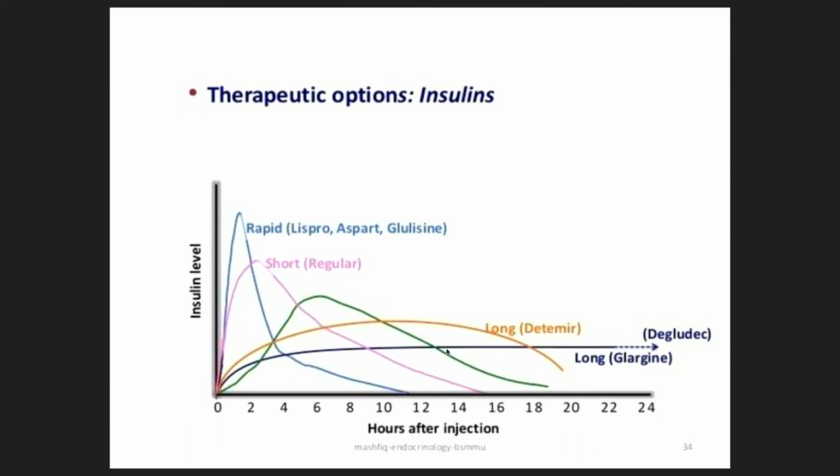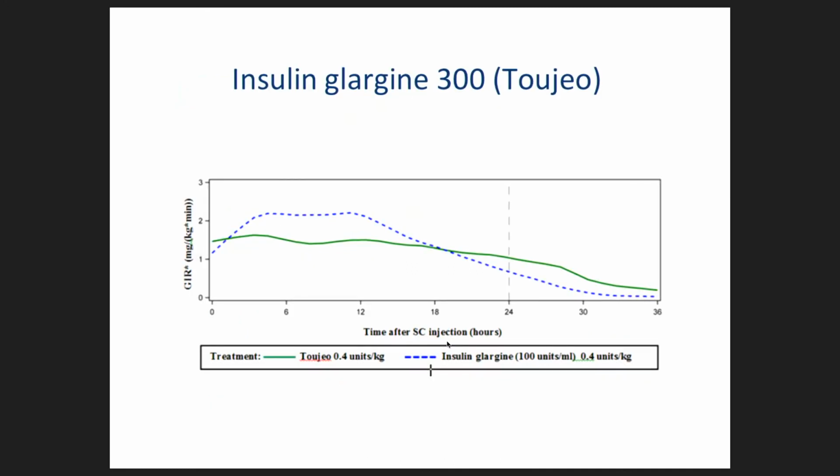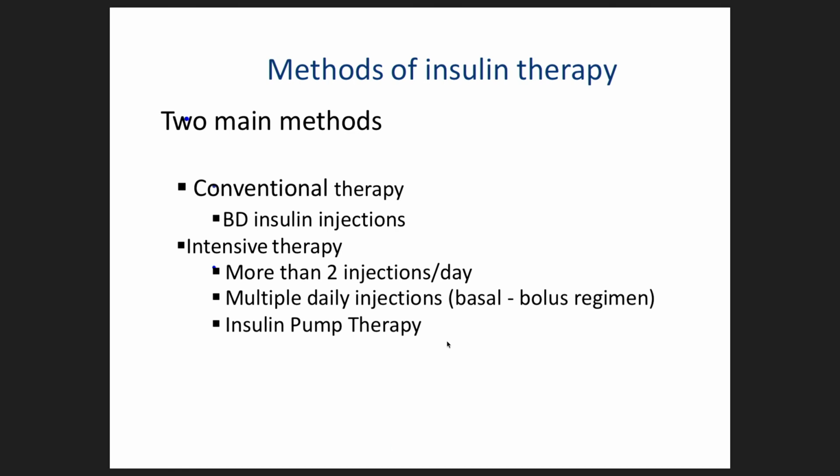And as you can see, it's a peakless insulin, so we don't need a peak for basal insulin. We need a peak for bolus insulin, but not for basal insulin, and that's why basal analogs are one of the good choices for our children with diabetes. There is plenty of insulin coming to the market day by day, and if we look at the methods of giving insulin, we have either the conventional method.